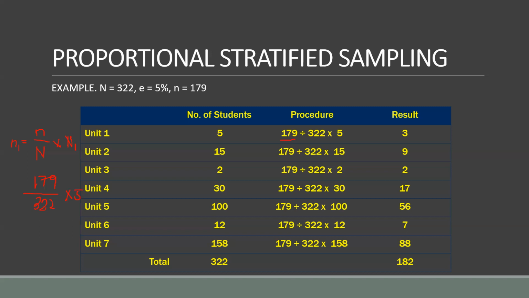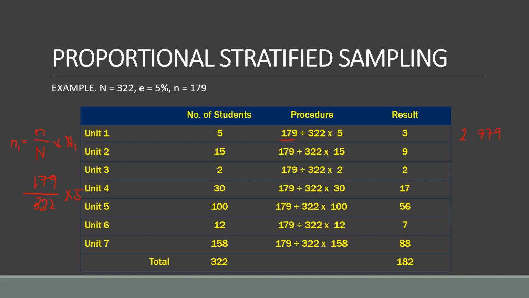So for this computation, the value that we could obtain would be equivalent to 179 divided by 322 times 5, and that would be equivalent to